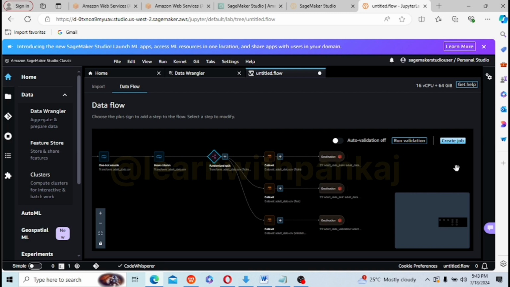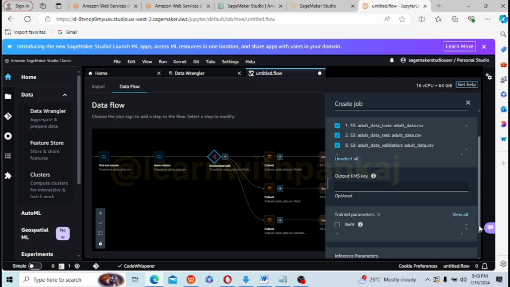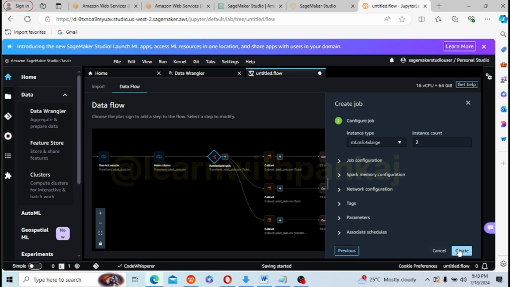Now you will choose on the data flow to create a job. Now you have to create a job. Nothing to touch here. Just simply scroll down and configure job. And now we don't want 2 instances.